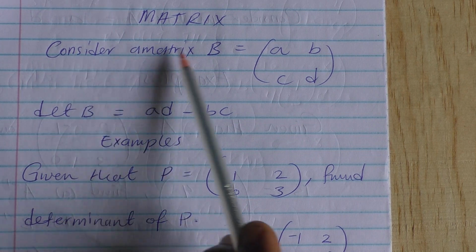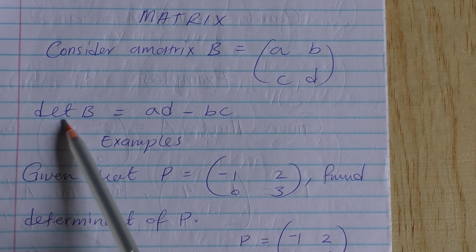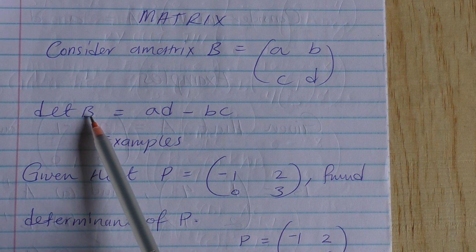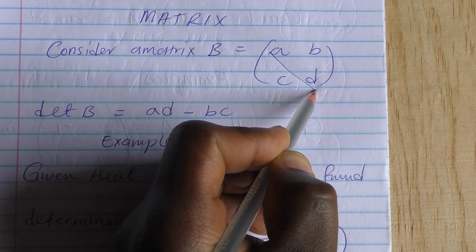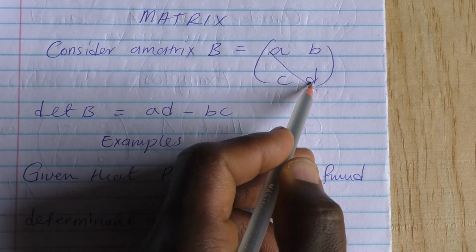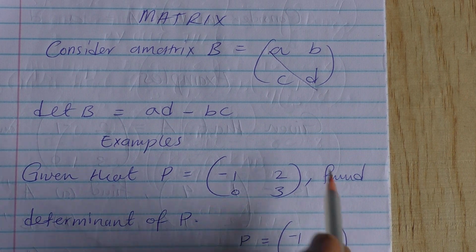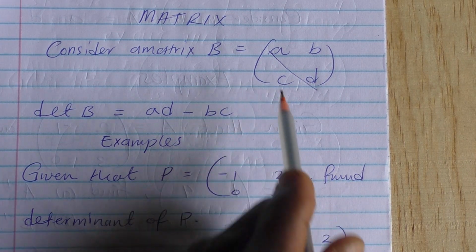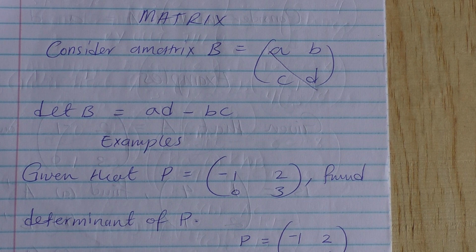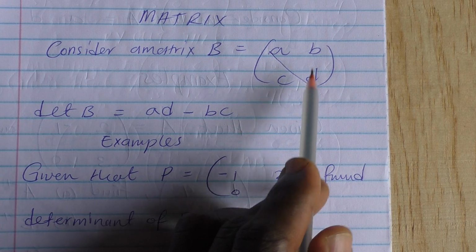We consider a matrix B, which is A, B, C, D. The determinant of B is given by the product of elements in the major diagonal, that is A times D, minus the product of elements in the minor diagonal, that is B times C. So therefore the determinant of B is given by AD minus BC,